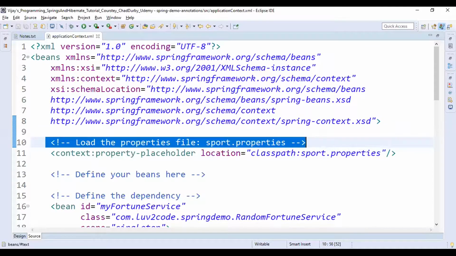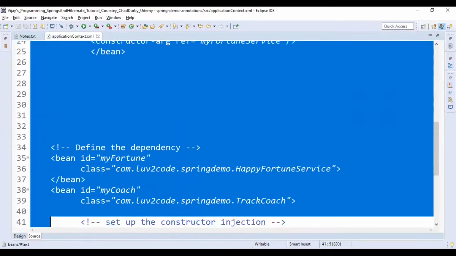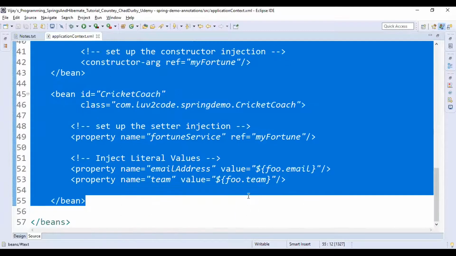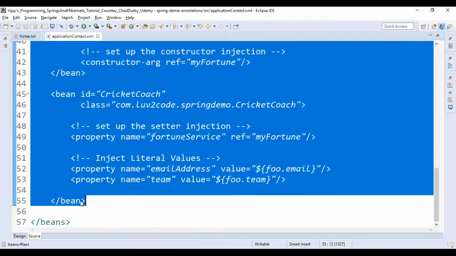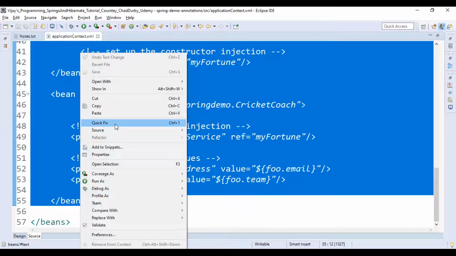You can just select all the code except the header code, and you can right click and choose to remove, or there is an option to cut.